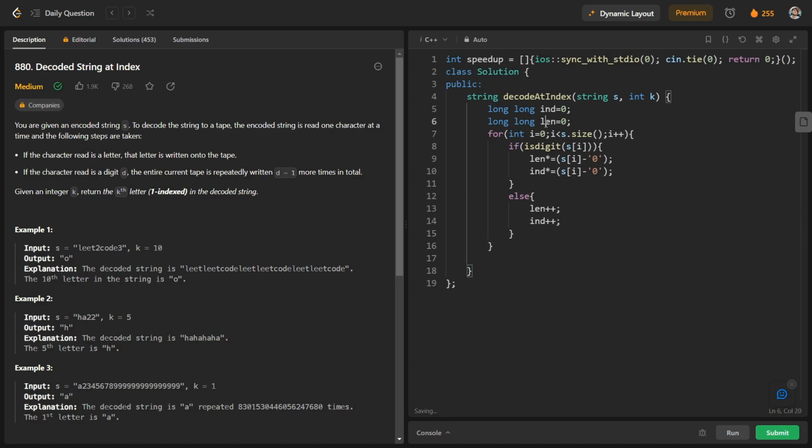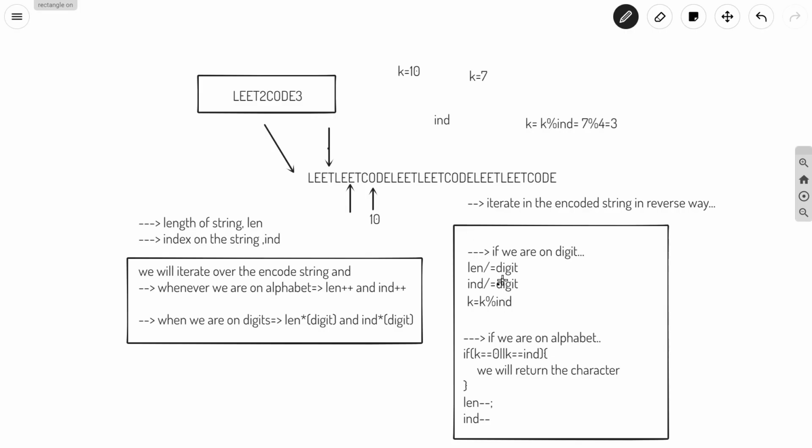So we have got our len and index, and now we will just iterate in reverse way. Okay, so for int i is equal to s.size minus 1, i greater than or equal to 0, and i minus minus, and we will do the same thing here.